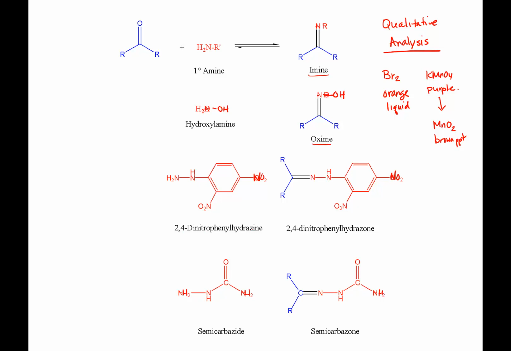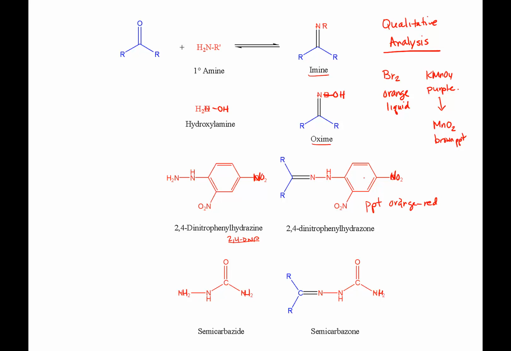2,4-dinitrophenylhydrazine. This has a color to it. If you had an aldehyde or ketone and you added this 2,4-dinitrophenylhydrazine, which is also called 2,4-DNP, it would immediately react and you would have a precipitate formed. That precipitate would be any color from orange to red-orange to yellow. There's a whole variety of colors that you can get. But the idea is that the 2,4-DNP reagent forms this Schiff base that then precipitates from solution, and